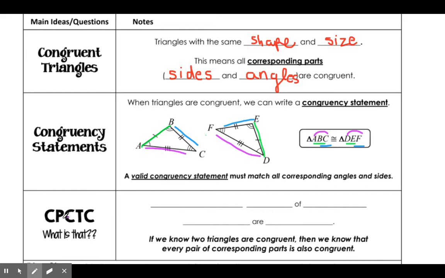And so that's what our CPCTC says. It says that corresponding parts of congruent triangles are congruent, right? So corresponding parts of congruent, and we should know that this is a symbol for congruent, of congruent triangles are congruent. All right, so what we're going to see on the next slide is some triangles, and we are going to write the congruency